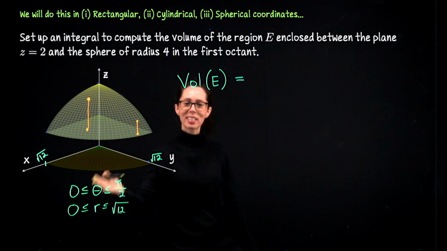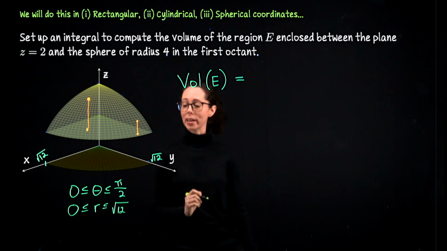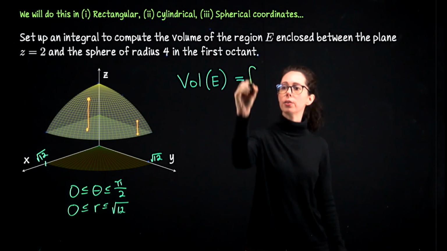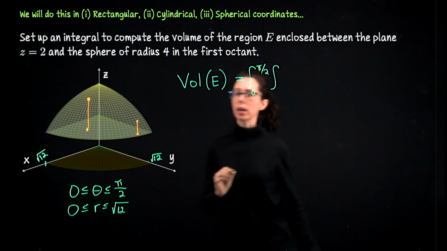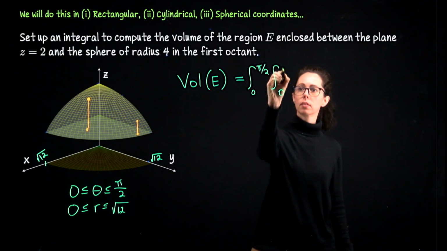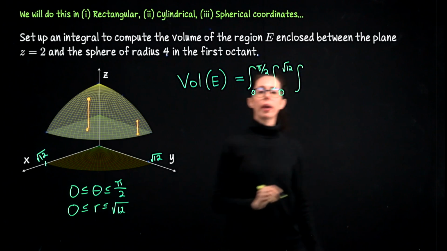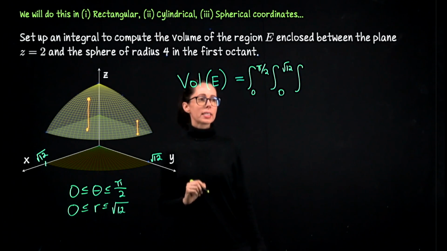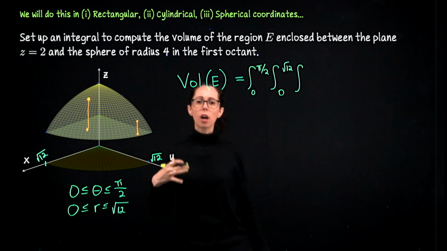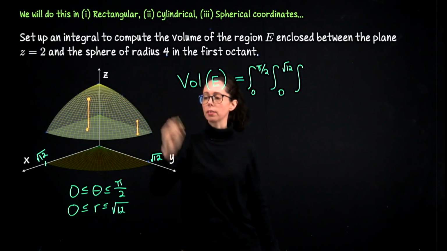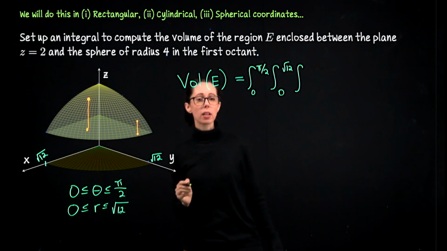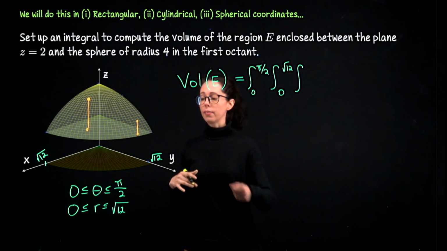So this is, in my opinion, nicer because when we set up the integral, which we can actually start to do, we have a pair of bounds which are both constant. Okay, for z, we are still going to call it z. It's still the same coordinate that travels in this direction. We just need to make sure that any bounds we place on z are, if anything, expressed in terms of